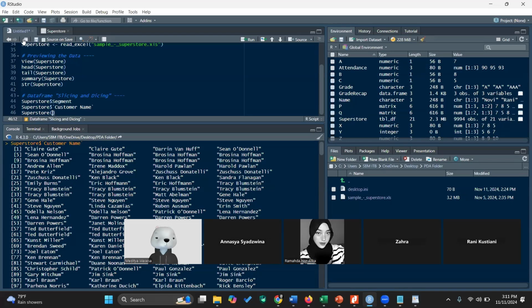Using square brackets and then a comma. The first part, before the comma, is the row. After the comma is the column. If it remains empty, it means that you will take all of the rows. So I will take all the rows, but I will only select specific columns.